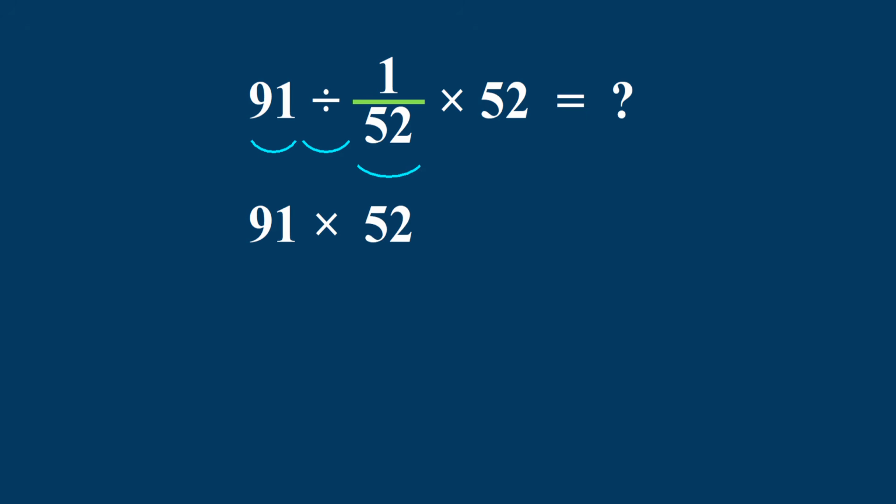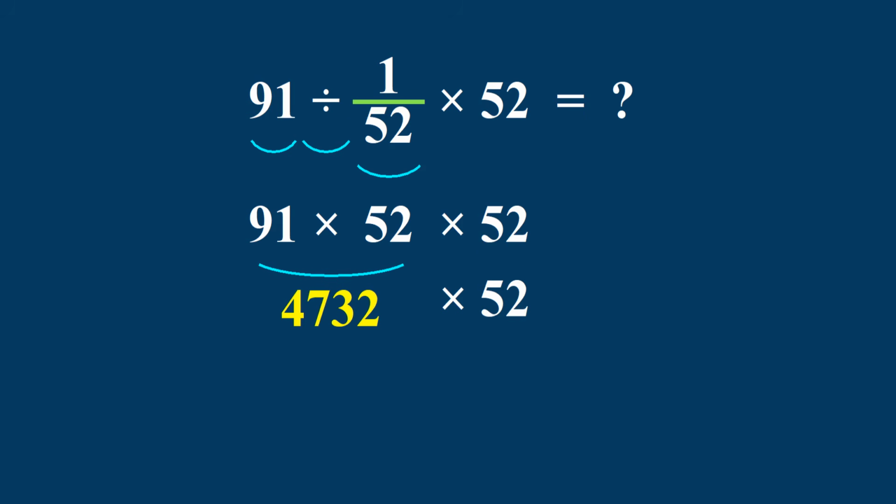And here again we have times 52. 91 times 52 gives us 4,732. So 4,732 times 52, which equals 246,064. And so our final answer to this problem is just